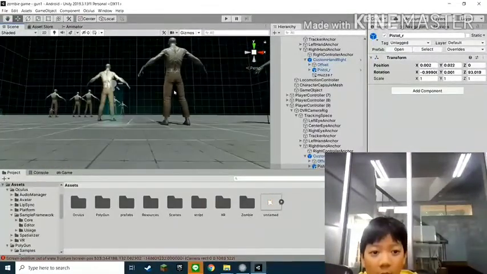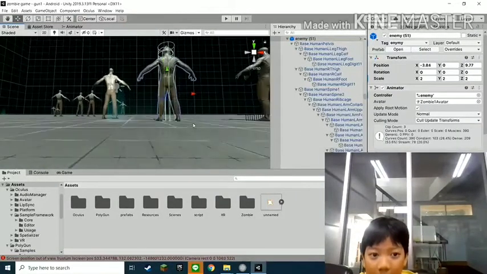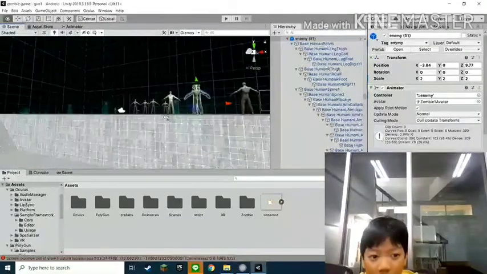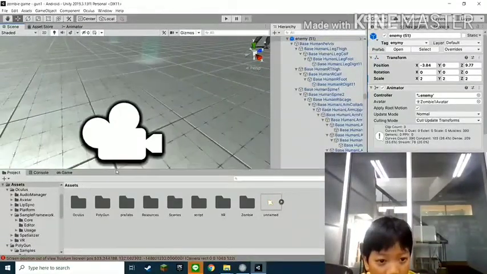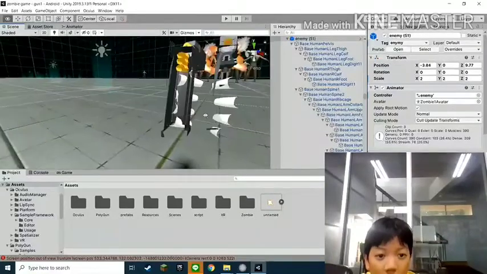And then you want to add in the collision box, and then you want to, yeah,